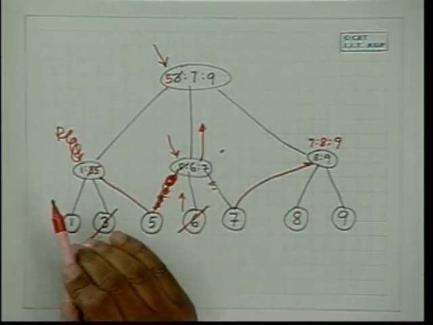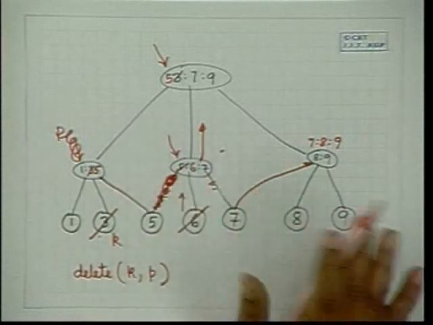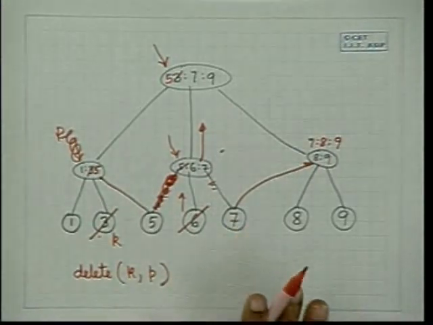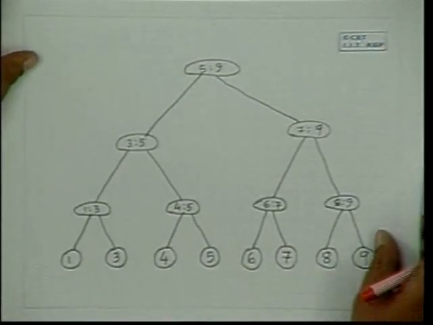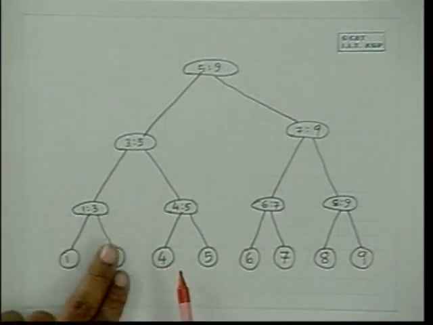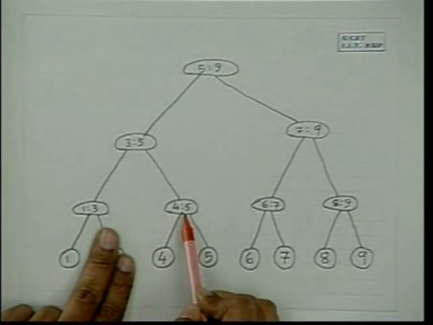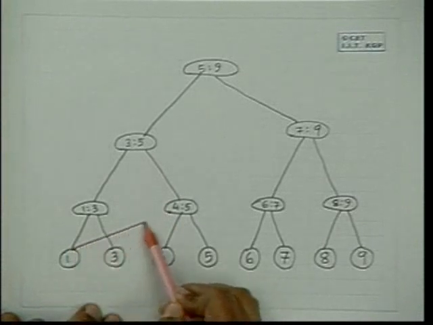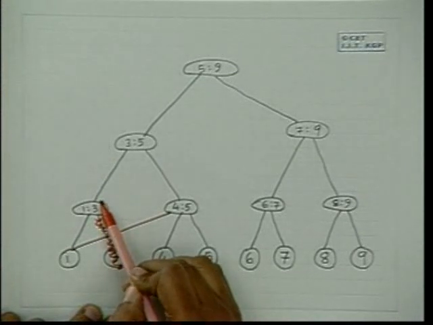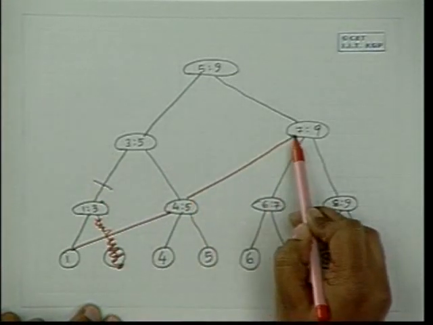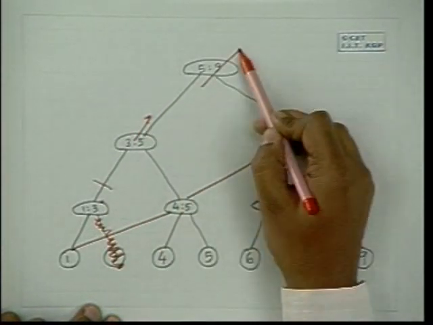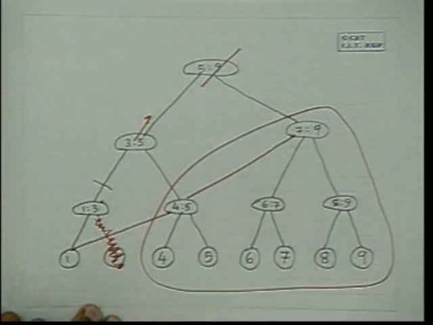Yeah, you could have shifted this side also. You can choose those cases, all will work, there is no problem. Similarly, you can try this one, and in this one you delete any one, you delete say 3, this will shift here, so 1 will shift here, 3 will get deleted, this will have to get deleted. To delete this, this will shift here, this will get deleted, and once this gets deleted, the root gets deleted, so you reduce the height by 1.